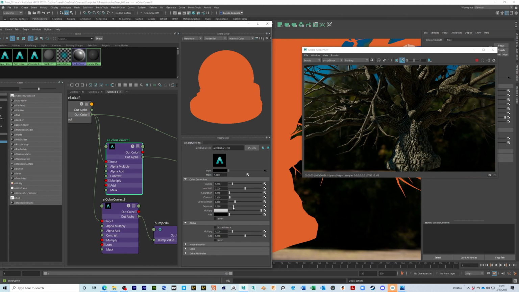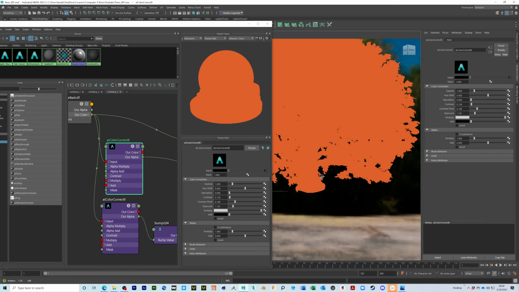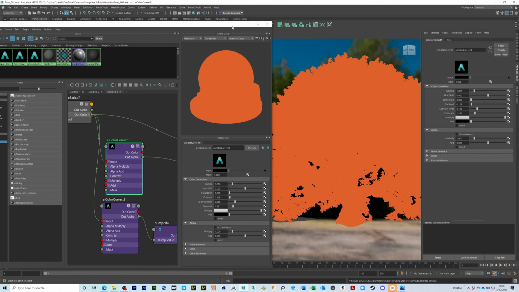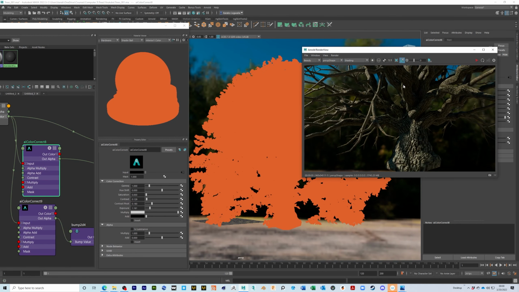So maybe I can drop my exposure down a little bit. No, let's undo that. So it seems like that's why it didn't like that, is luminance, which is pretty strange, but okay. So I guess we'll go with the bark that way. So Control Shift H to bring our leaves back. So now if I hit Control S and save, and let's